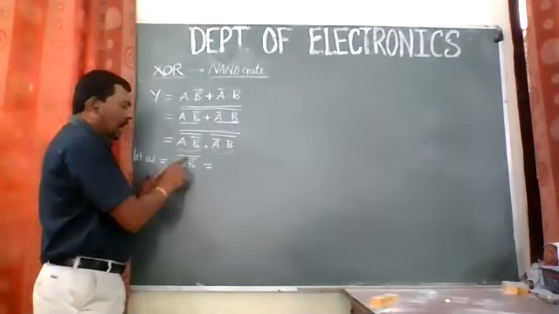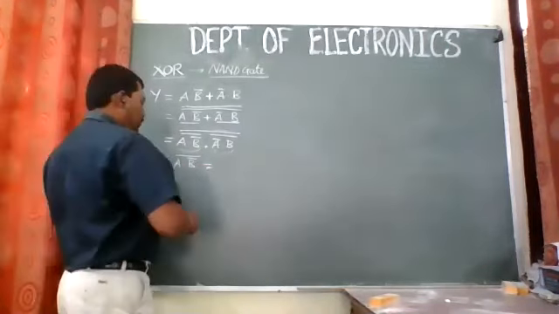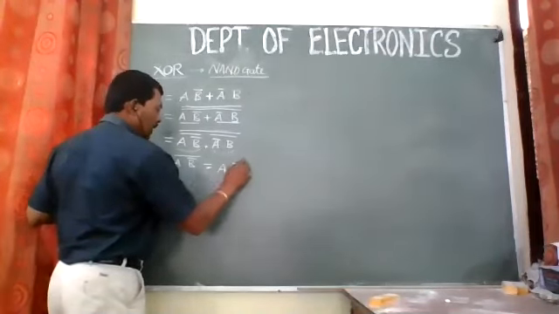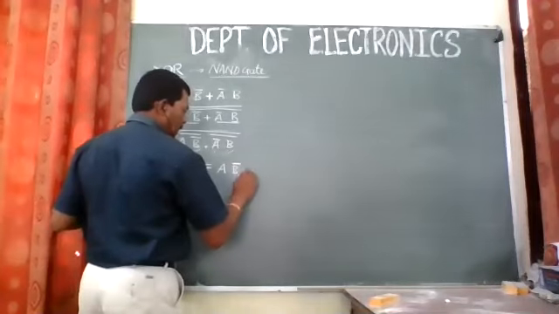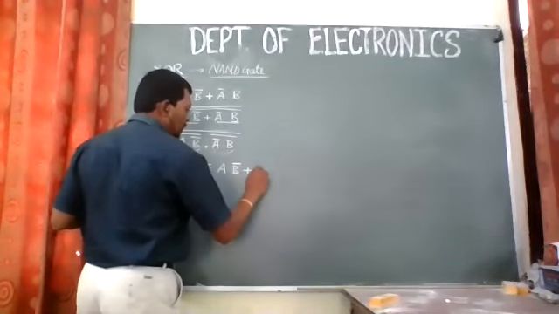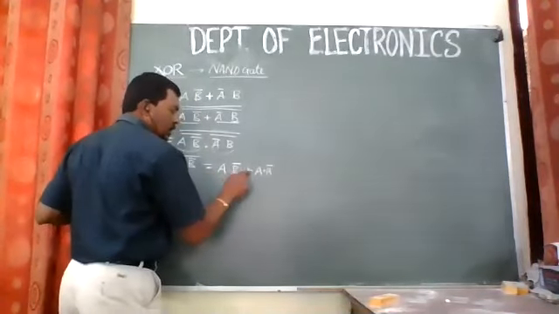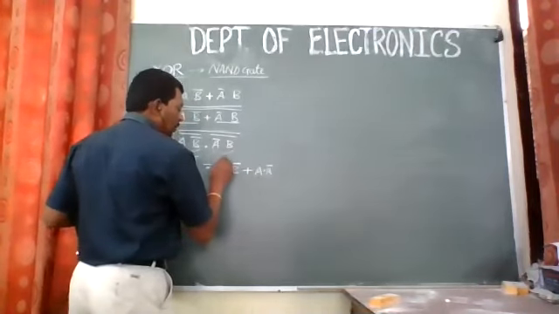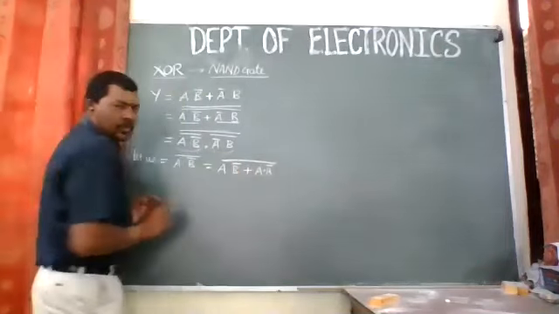So here what I will do, I will add something in this equation so that it can be reduced further. This is the same equation. A dot B bar is there already. Now I am putting addition, and I am putting this term A dot A bar. Since it is A over there, I am putting A dot A bar, which is nothing but 0, and the complement I am continuing inside it.